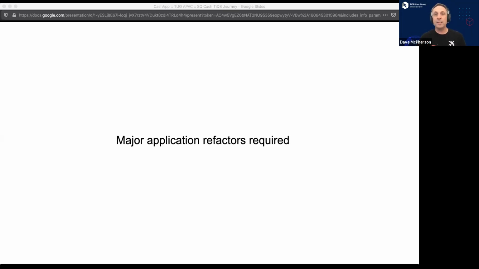Every model in our system ended up having to require a shard key. Foreign key changes also had to occur as well. So the application had to become quite aware of the shards in order to avoid cross-shard transactions, which were very expensive, and actually was the main candidate for that non-ACID activity as well.